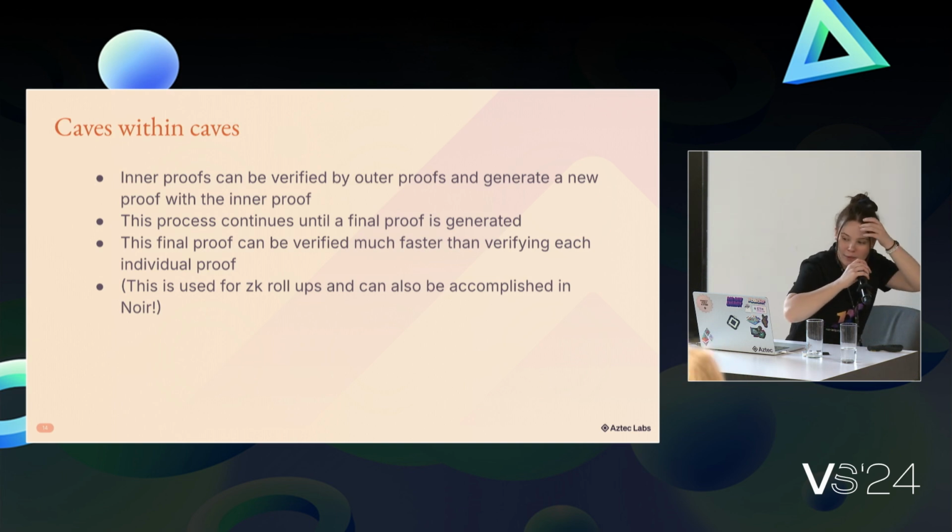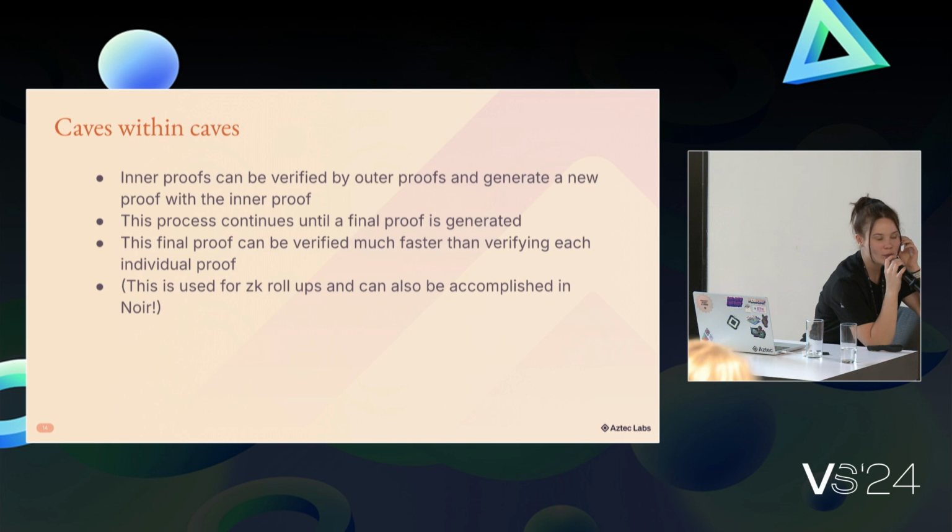Final thing I want to talk about, I think I'm running out of time: caves within caves. This is a really cool thing Noir can do. It's really powerful. It's recursive proofs. This is kind of what Noir is built for. It's what Barretenberg is really built for and what it's supposed to be really good at. Where you can